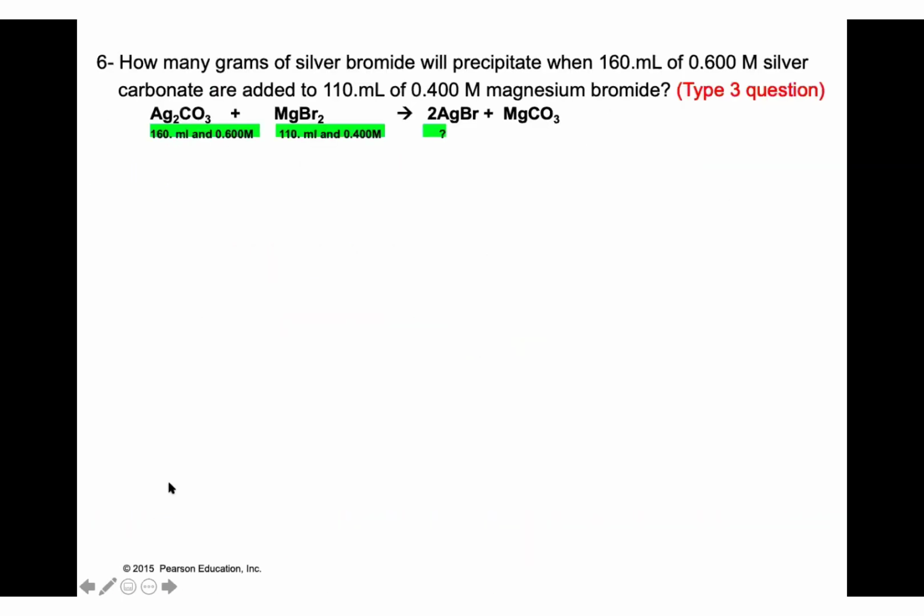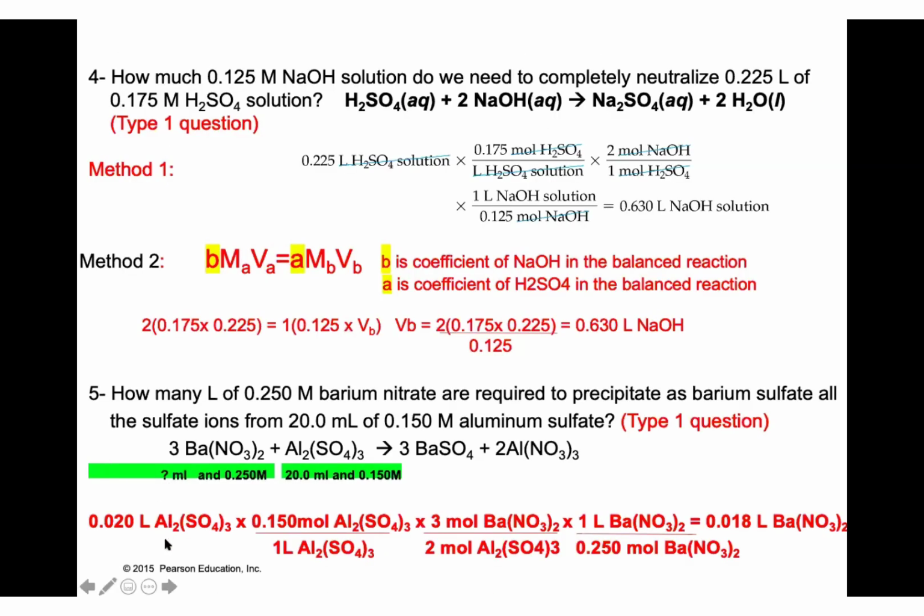What we're going to do is start again with the volume in liters of the compound that I have more information on, which is aluminum sulfate. So I use my molarity, of course, to find the mole. Then I use the coefficients to basically